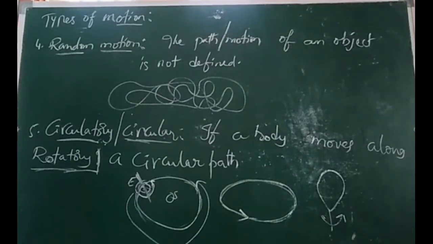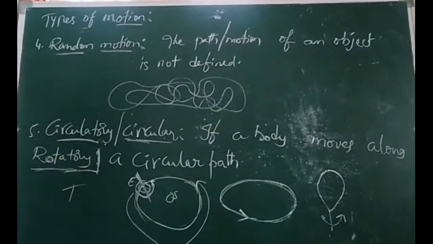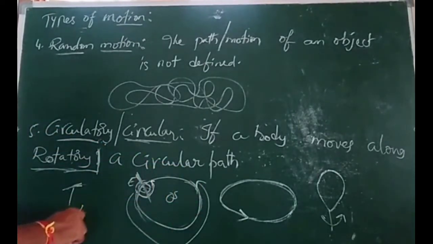Okay, revolution of earth comes under two categories. Actually, that is circular motion, rotatory motion, but it also comes under the category of translatory motion. In this class, circulatory motion and rotatory motion are the same, and instead of circulatory motion we should use translatory motion. So revolution of earth around the sun comes under translatory motion and rotatory motion.